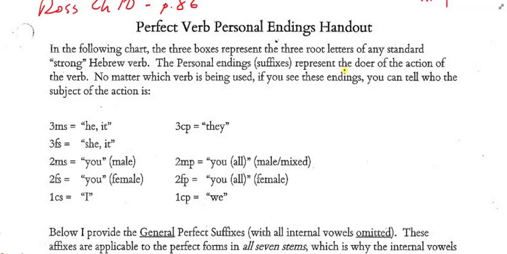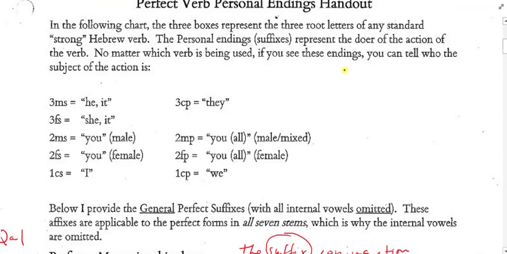Also, the letters that can quiesce, yod and hey and aleph, those are also weak in a fashion. So when I'm talking about a strong verb, I'm talking about a verb that doesn't have any weaknesses that cause it to be irregular. Now, at the end of the boxes, we have suffixes, and those suffixes represent the doer